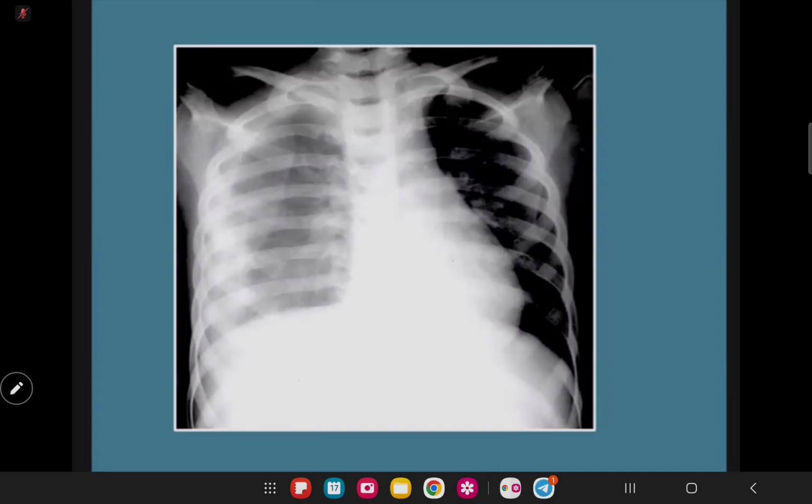This one. Sige, kana, line, klaro kaayo. Opacification of the right lung, no? And then you can see the markings there. The line yun na siya. So most likely, that would be an effusion also.